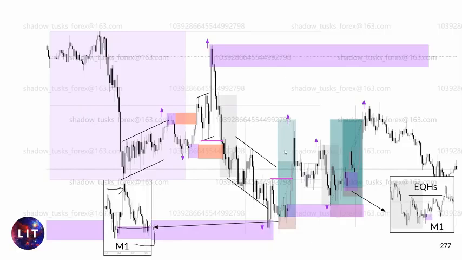That's such an awful drawing. Price comes back down, mitigates this. In actuality, I'd probably take it like this. As I said, I always like to take the demand candles, or if I'm selling, the supply candles. So I'll probably take it like that. And then that's obviously us trading away from this inducement that is also